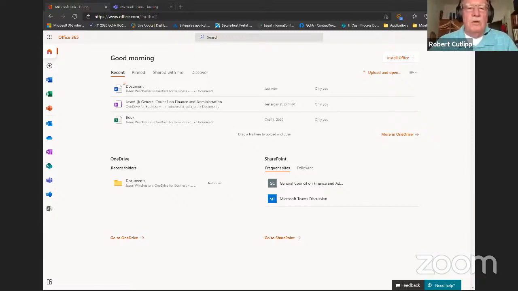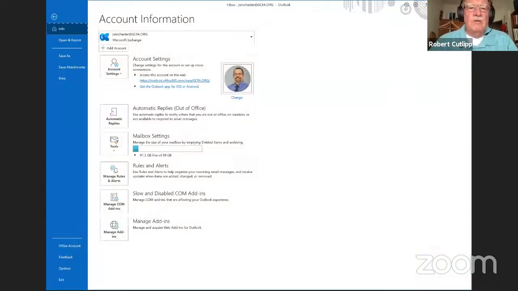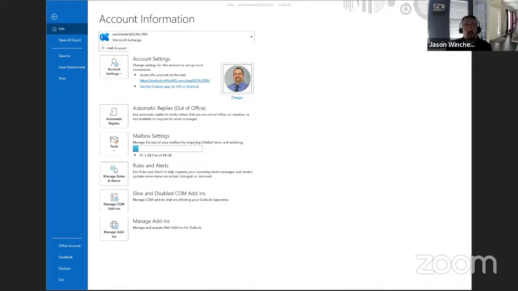And the other thing, while you're bringing that up, you said that we get 1 terabyte of memory to save our documents in. Is that 1 terabyte for every pastor or whoever has this account in the annual conference, or is this 1 terabyte for the whole annual conference? Let me just verify that.